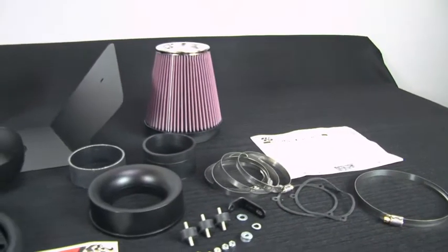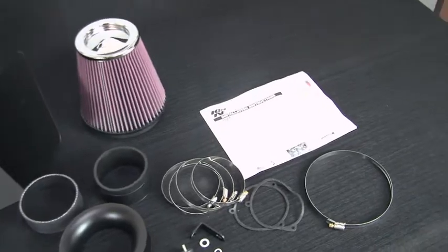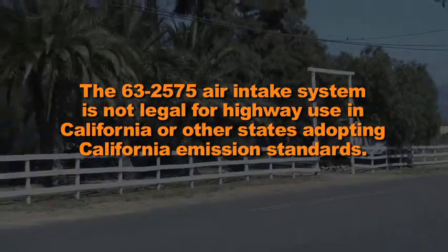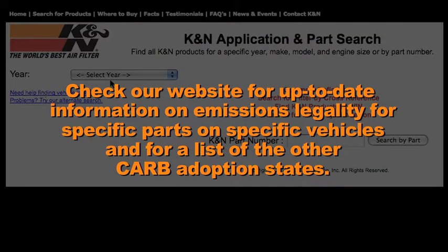This K&N air intake system is designed to increase vehicle power and acceleration by reducing restriction in the intake path. The 63-2575 air intake system is not legal for highway use in California or other states adopting California emission standards. Check knfilters.com for up-to-date information on emissions legality for specific parts on specific vehicles and for a list of other